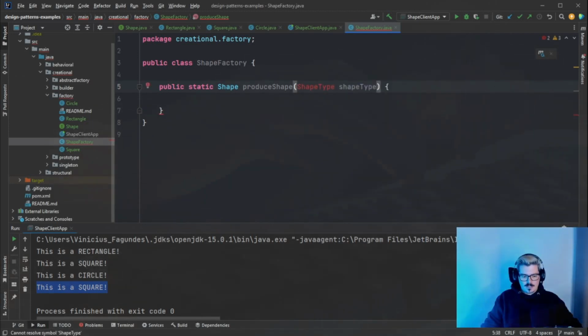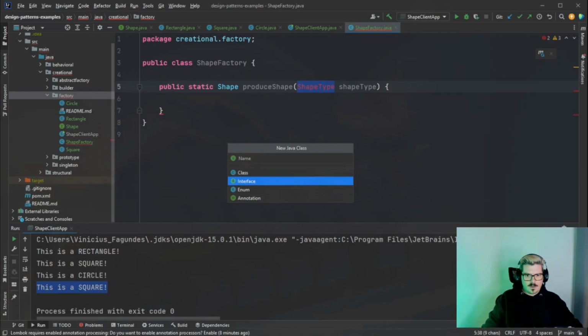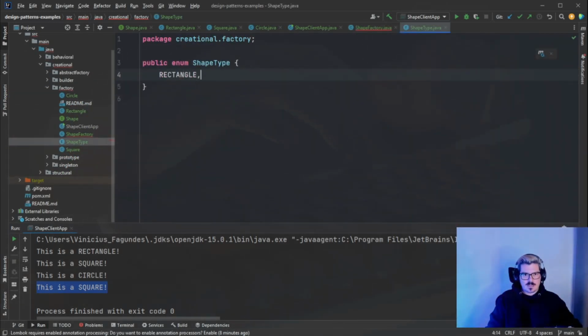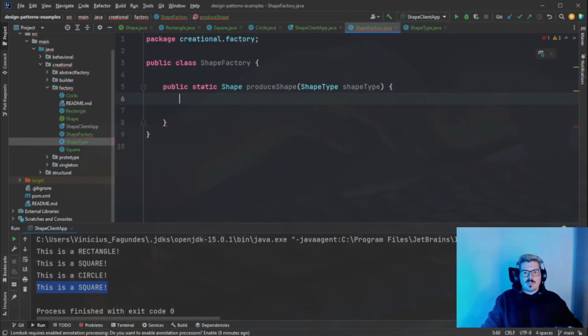In order to do that, we'll go back to the project view and create here the enum ShapeType. Okay, this will have rectangle, circle, and square. So going back to the factory, in order to make the decision, we'll use here just a simple switch case, where we'll pass the shape type,